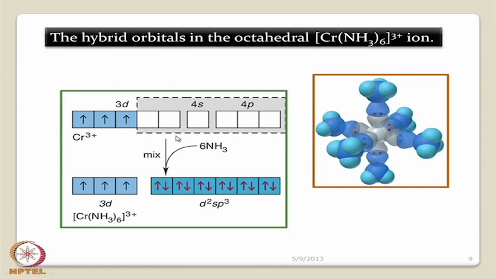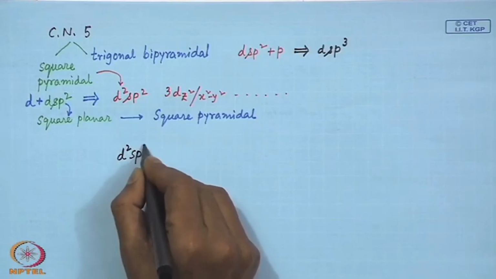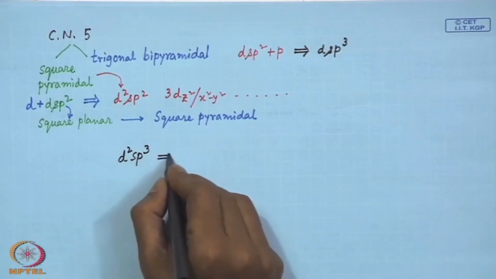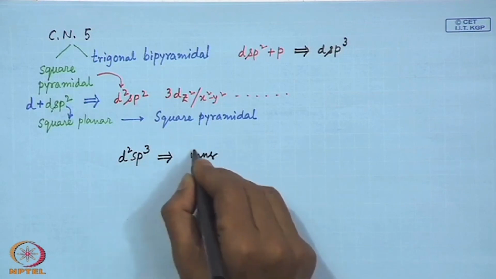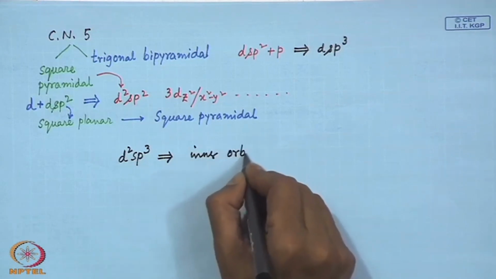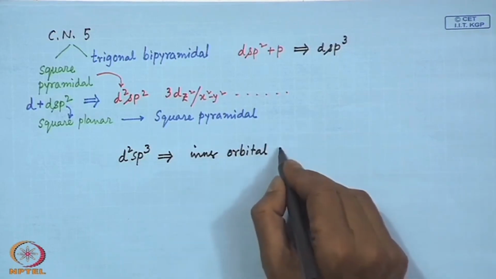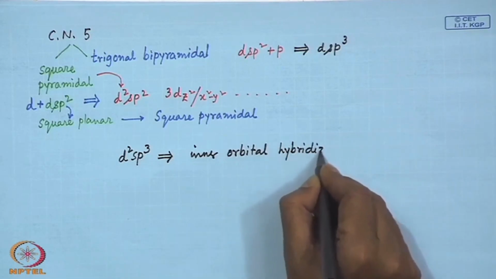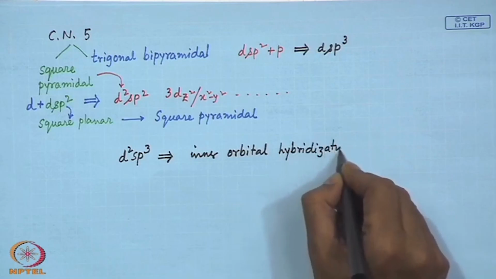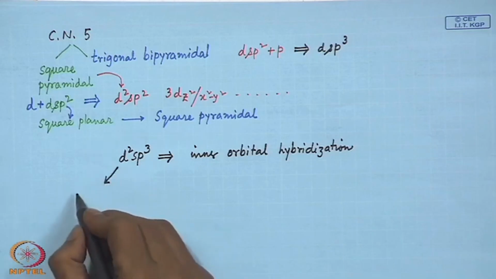So we consider this d2sp3 as inner orbital hybridization, because the d levels utilized are